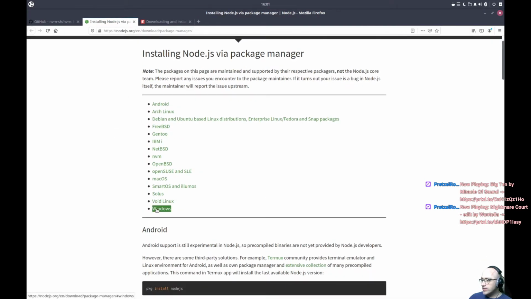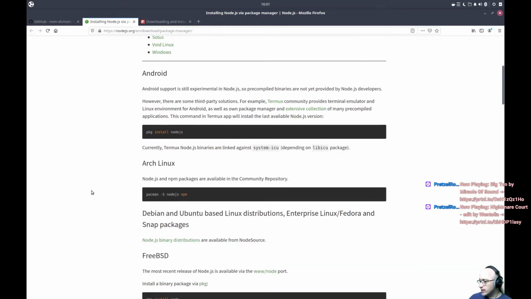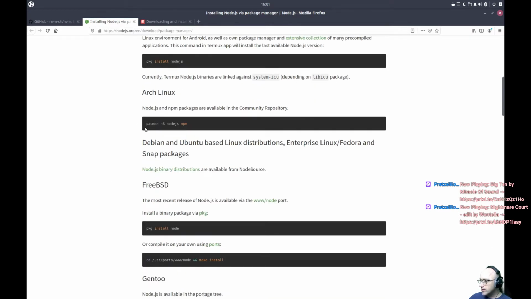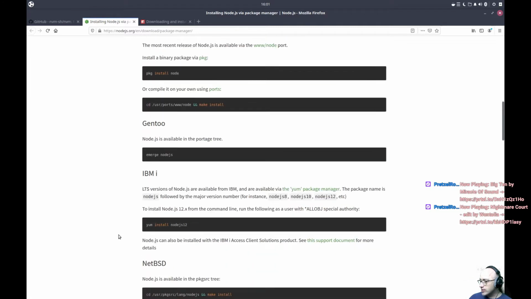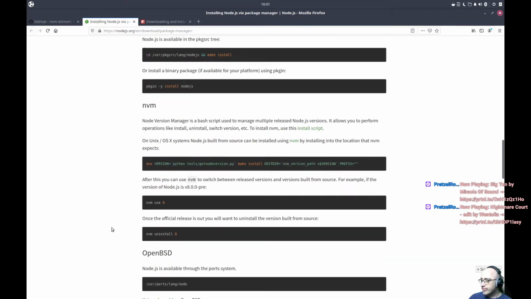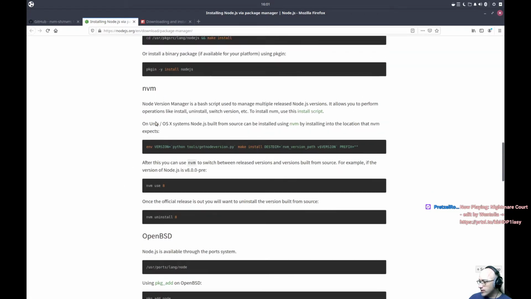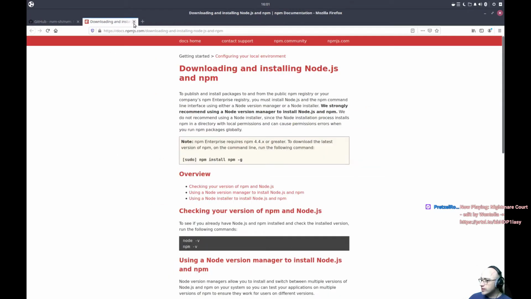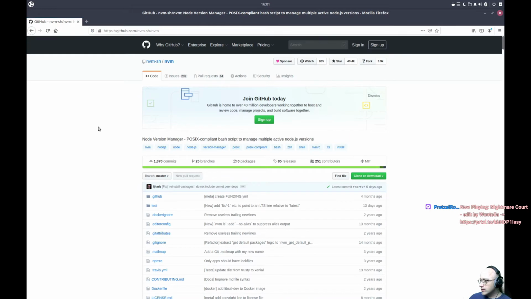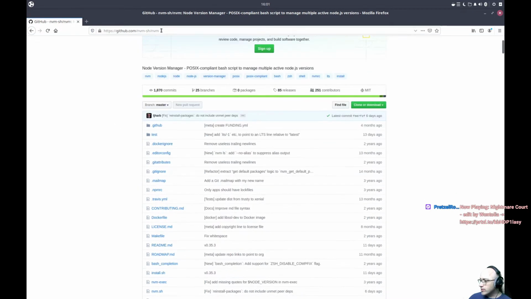These things have package managers, which you can use to install too. Great sources, they all work fine. You can use package install Node.js, Pacman, FreeBSD has one, etc. Oh, and they do also have NVM listed. So the other easy way to get NVM installed is to go out to the repo, which is right here,